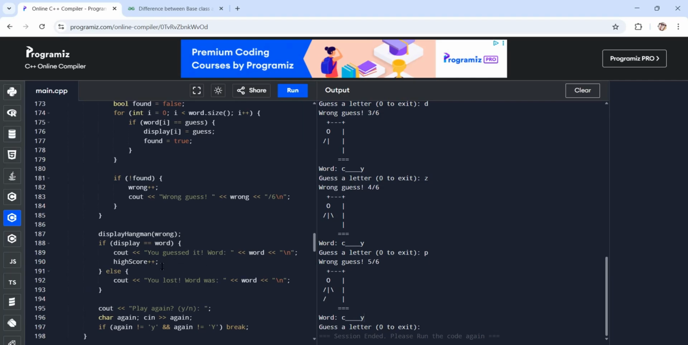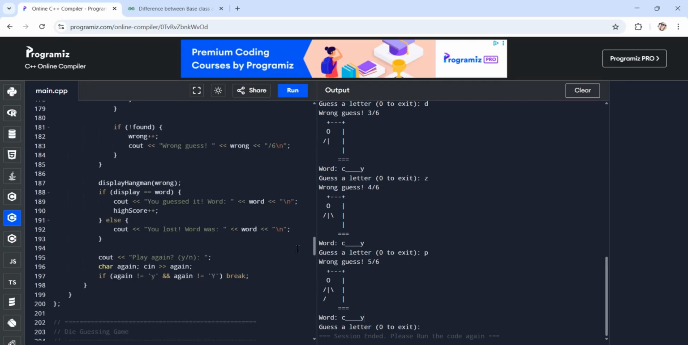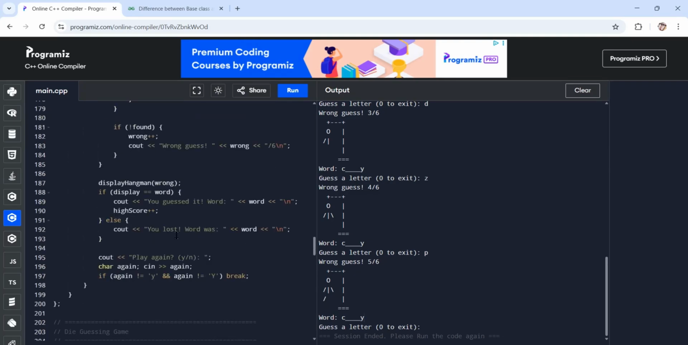So it will say, you guessed it, the word was banana. And then high score plus plus. So in our high score, it will add 1 if you got it correct, but this will only be for every session. Okay, and then else, if it is not complete and you used all of your 6 lives, then it means you lost. Same thing, the word was